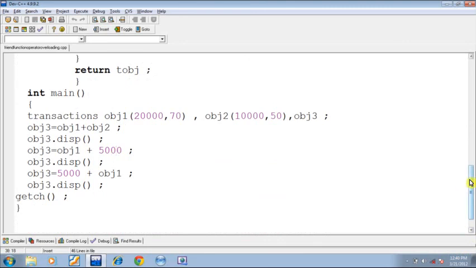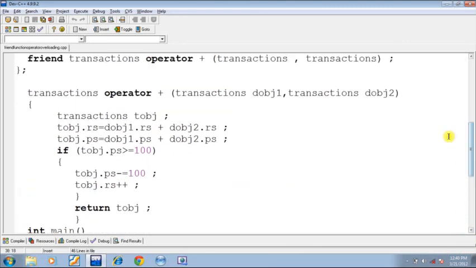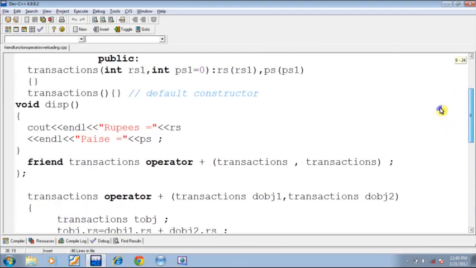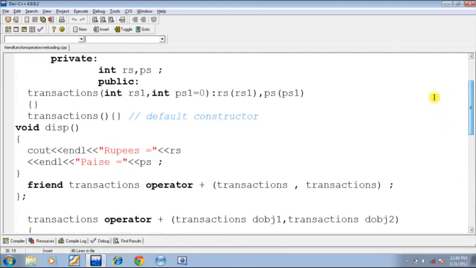If we go back to the operator overloading function, we see the second formal parameter happens to be an object of the transactions class, but we are passing a constant value 5,000. As I explained in part 1, this 5,000 is first passed to the constructor with default argument values, and automatic conversion is going to take place.